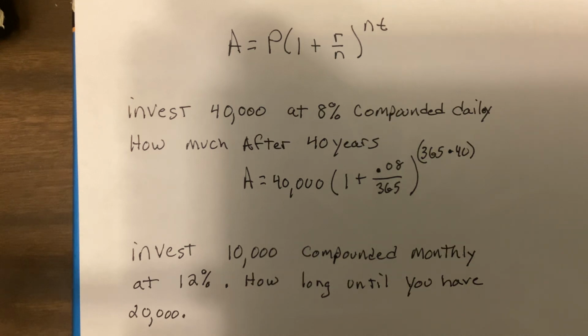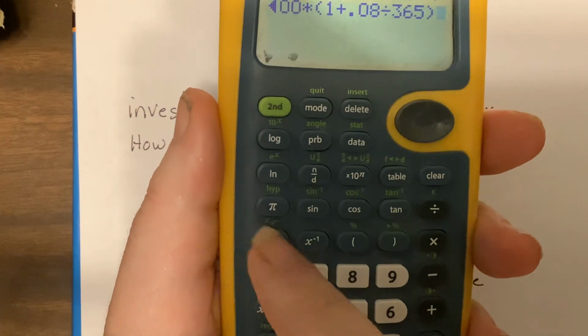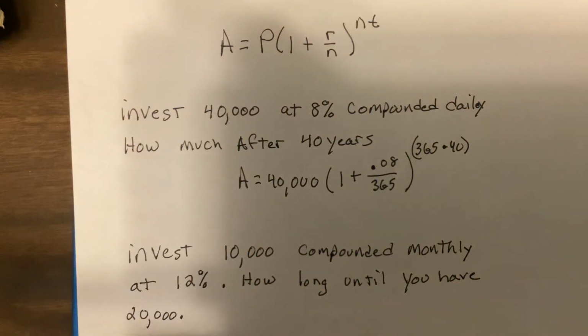So I would have 40,000 times parentheses 1 plus 0.08 divided by 365 close parentheses. Now, this button right here is called an up arrow. It means raise to the power of. So I'm going to raise to the power of parentheses 365 times 40, close parentheses. And I get, let's see,